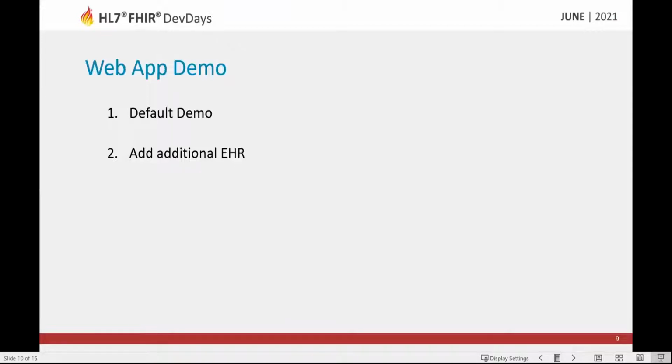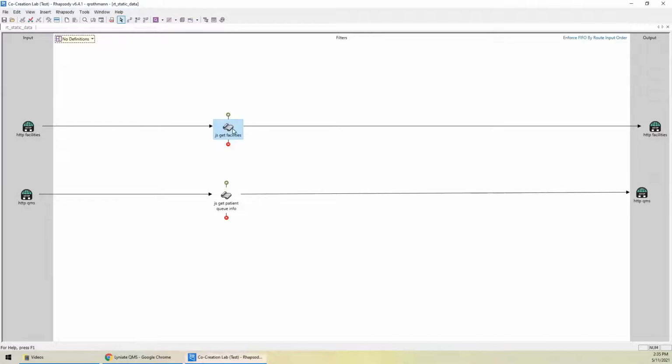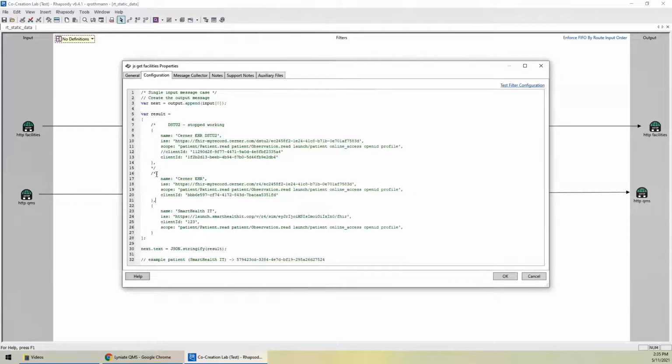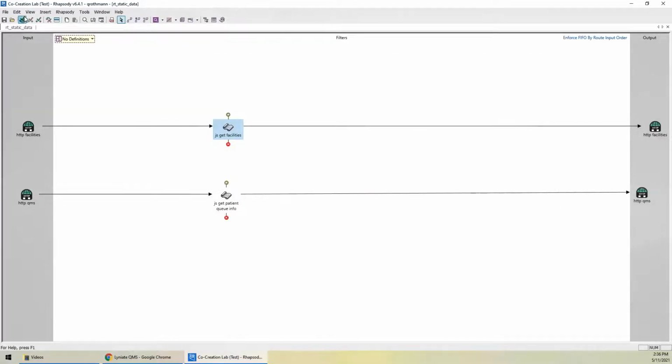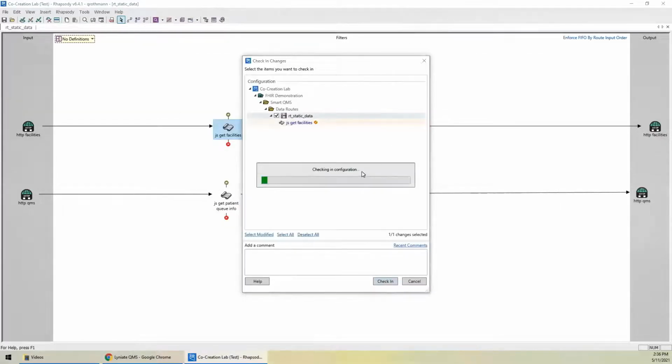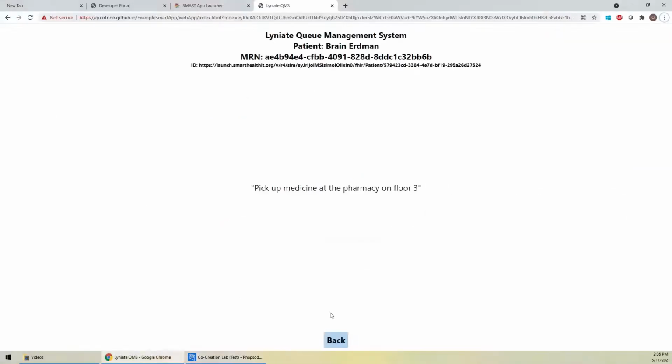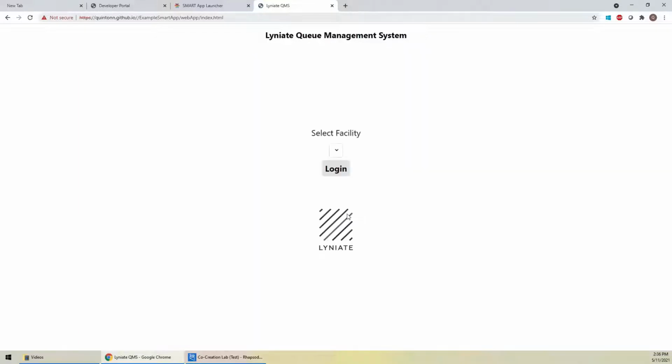Next, I will head over to our backend server, which in this case is Rhapsody Integration Engine. And I will open up the code that we have for retrieving the EHRs. And I'm adding the Cerner EHR with the details that I've registered on the EHR sandbox. And once I check this in, the changes will be applied to my server and I should see it in the web page. Back in the web page, if I now click the back button to go back to the home page,